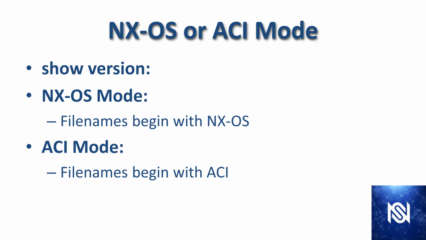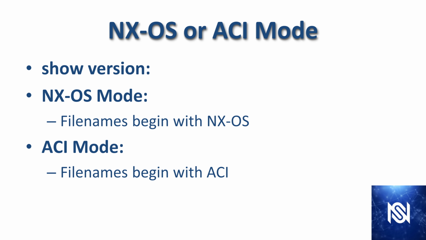I know we went through this in a previous video, but just to review real quick, if you're in NXOS mode, the configuration is done locally. You're entering configuration commands manually, or you can be using a different type of controller other than ACI. Whereas if you're in ACI mode, ACI completely takes over the configuration of the device. At that point, you can no longer make configuration changes manually on that device.